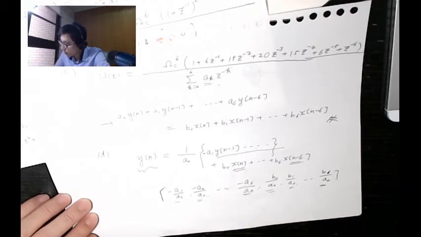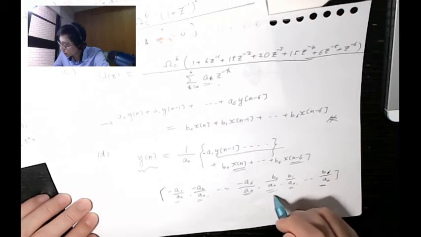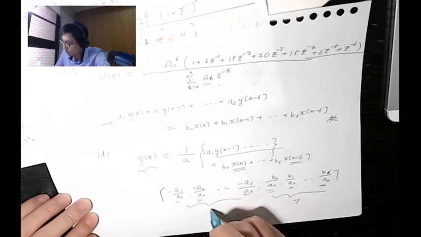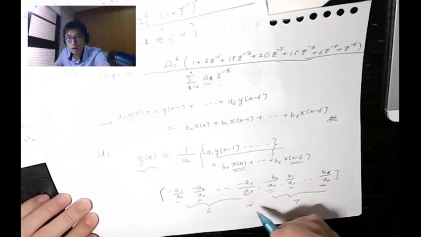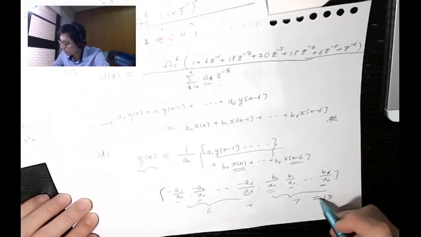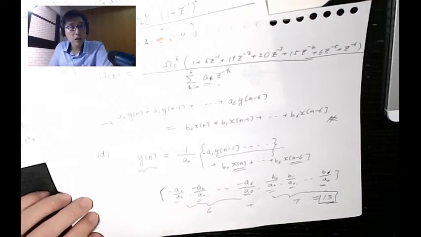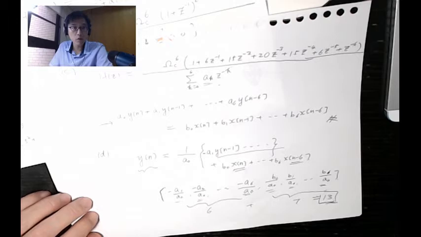So in the end, how many multiplications are there? You need 7 multiplications here and 6 multiplications over here, so the total, 6 plus 7, is 13. That means for this IIR filter, every output sample takes 13 floating point multiplications to complete. That's the computation load. Now you have a low pass filter, a beautiful low pass filter I should say, with monotonically decreasing frequency response, which is absolutely good.